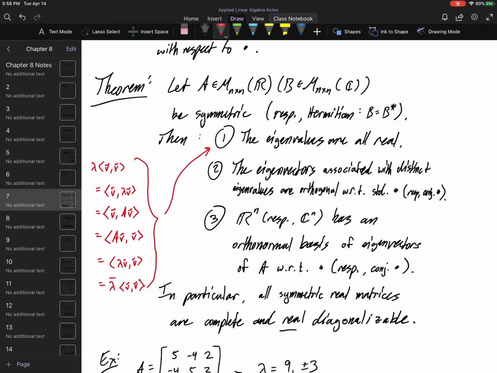First and foremost, the eigenvalues of a symmetric matrix are real. So we don't run into this problem of there being complex conjugate eigenvalues, so we don't get weird rotational behavior as opposed to scaling and dilating behavior. That even counts for the complex matrices. If we have a Hermitian matrix,